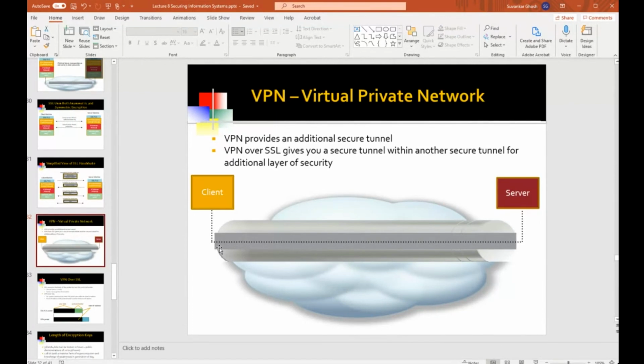So that's why this VPN tunnel is an outer tunnel. You can call the SSL tunnel the inner tunnel, and the VPN tunnel the outer tunnel through the internet. And when the packets are being sent through the VPN tunnel, their true source and true destination addresses are being hidden. What people sniffing and snooping on the internet cloud are seeing is the source IP address of the tunnel and the destination IP address of the tunnel.